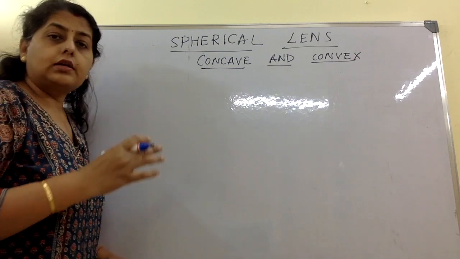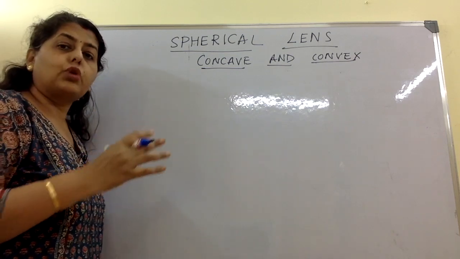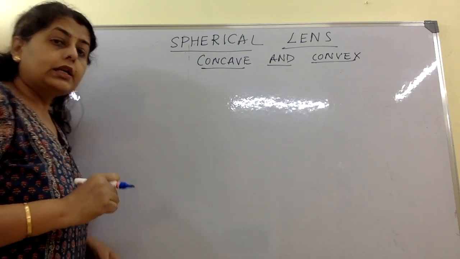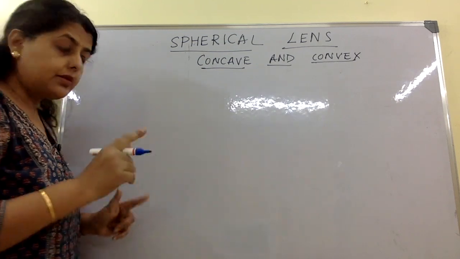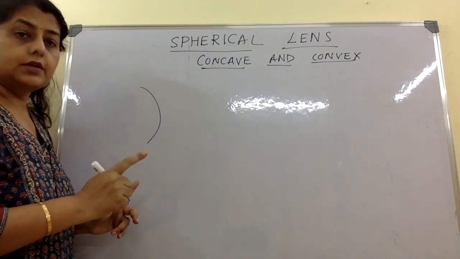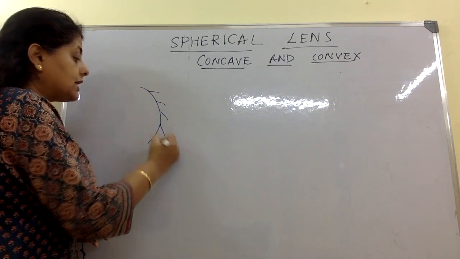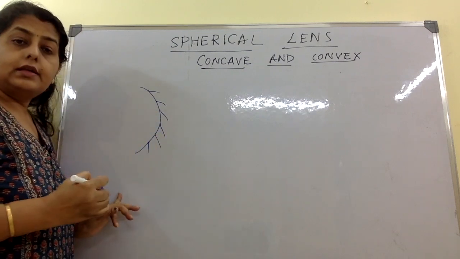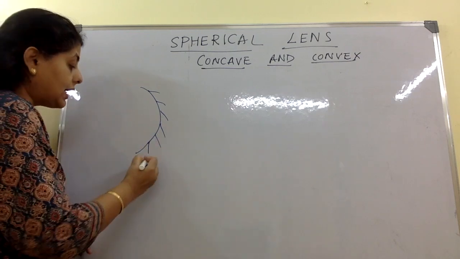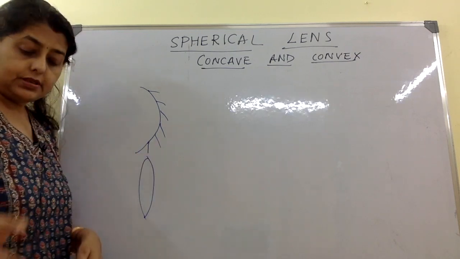So this is our first, we will talk about what a lens is. Before this we have talked about a mirror. Okay, now the basic difference between a mirror and a lens is mirror was a reflecting surface. Okay, that means one side was opaque. Light could not pass through it. Okay, now here we have a transparent